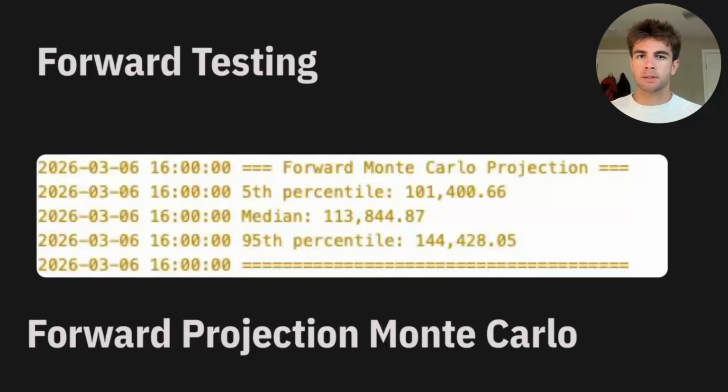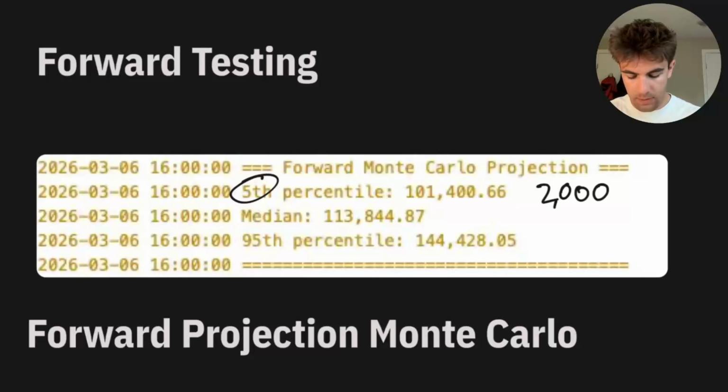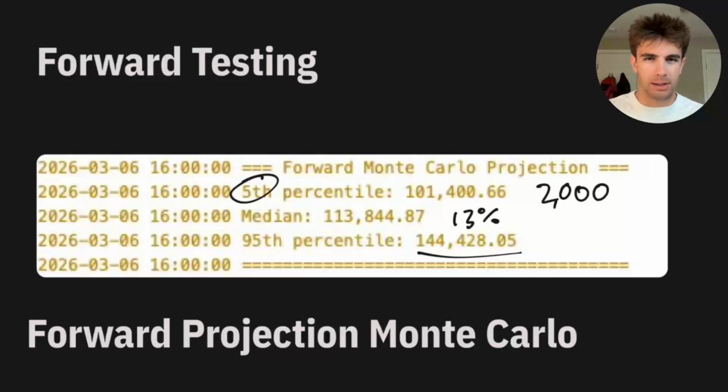So this was really interesting because in the instance that we actually tested with the historical sample data, our net profit was about 2,000 over the given time period. Now, after running the forward projection Monte Carlo simulation, we can see that that would be about the 5th percentile, whereas the median net profit for this strategy using the forward projection Monte Carlo is significantly higher, and 13%, that's still not great over 3 years at all, but it is reasonable. And then, of course, the 95th percentile is going to be phenomenal, but I don't think that's as valuable to look at.